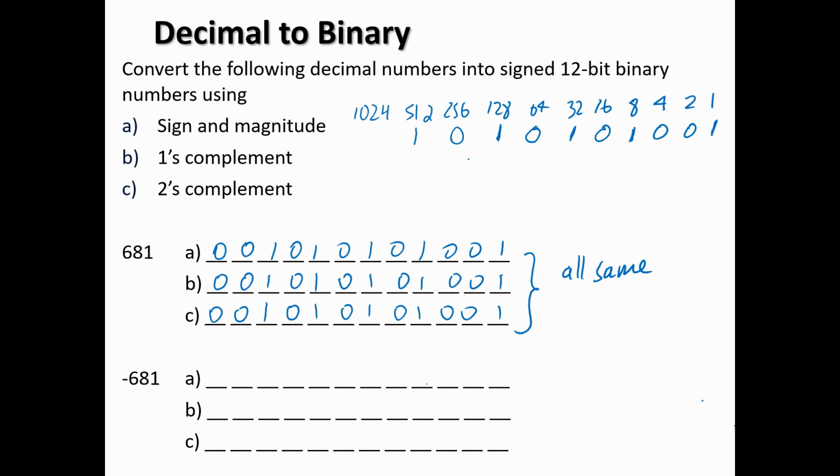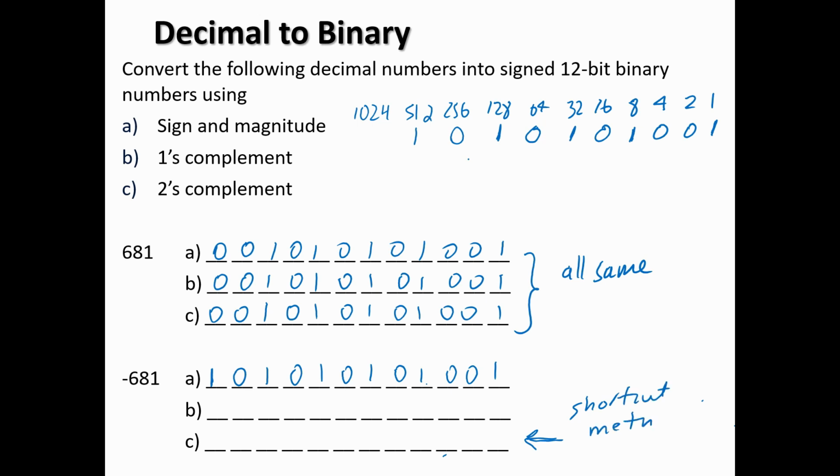So what about the negative 681? So sign and magnitude, we just change the first bit, which is the sign, and the rest we copy straight from the top. Okay, now just for fun, we're gonna do the 2's complement without having the 1's complement, okay? And because we're gonna practice the shortcut